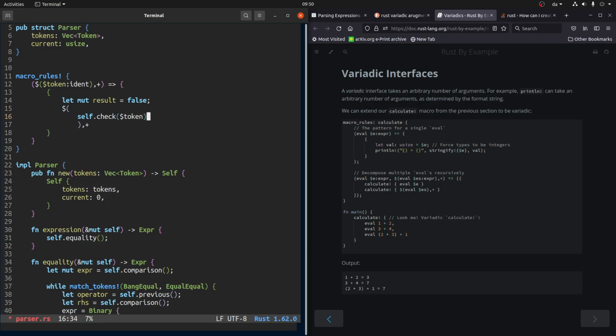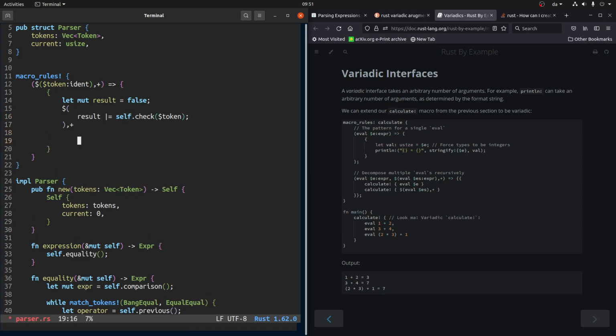So we check if the thing that the current pointer is pointing to is equal to this token, and then we say result is equal to this, and finally the return value of this thing is the